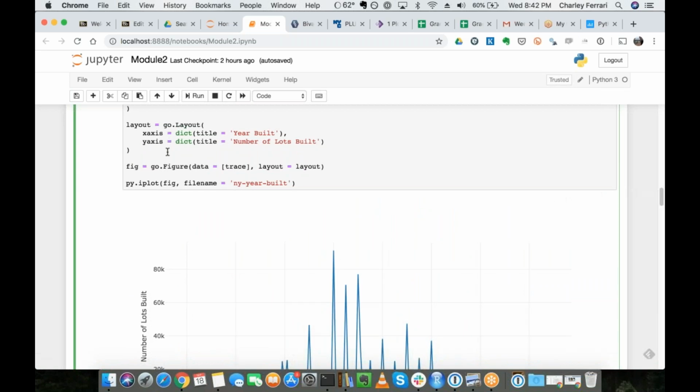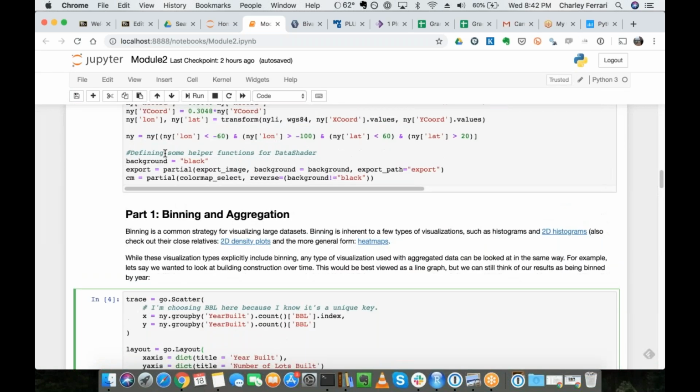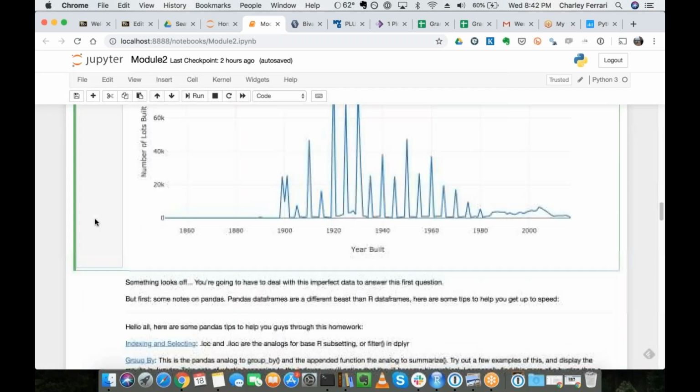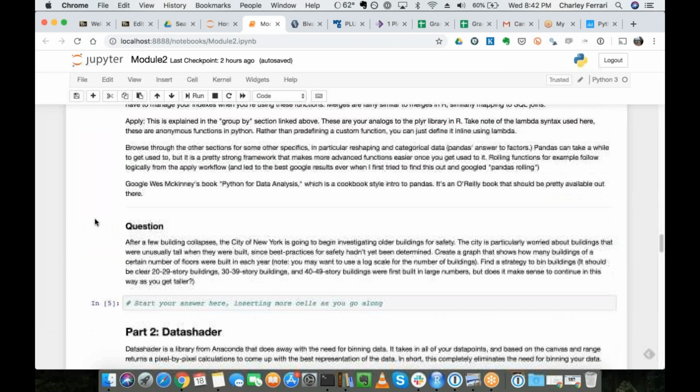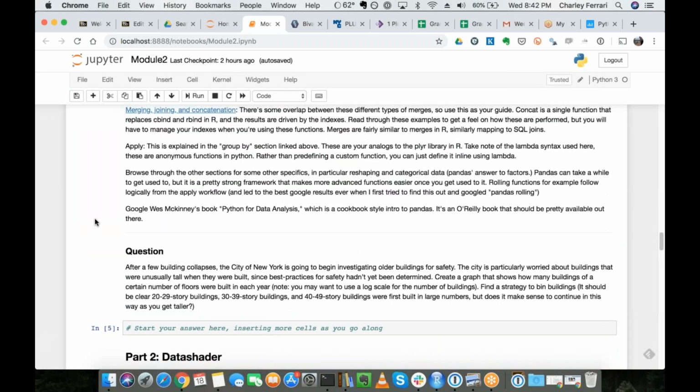So that's part of what we're doing here with that first question, just looking at strategies of binning and aggregation and what sorts of visualizations come up as a result. And the question that we'll be answering is